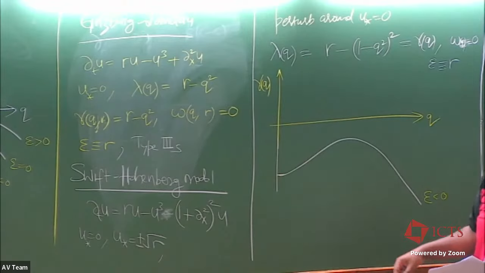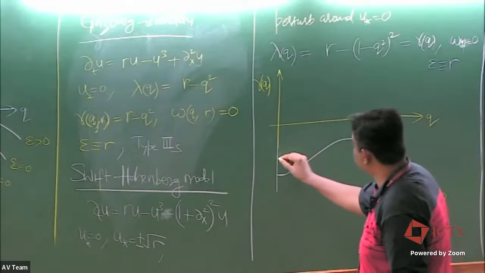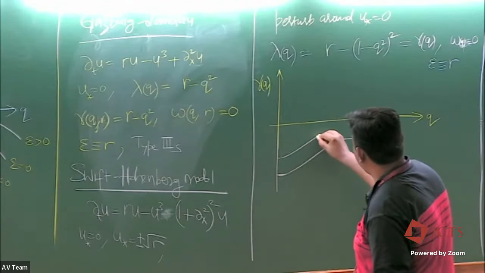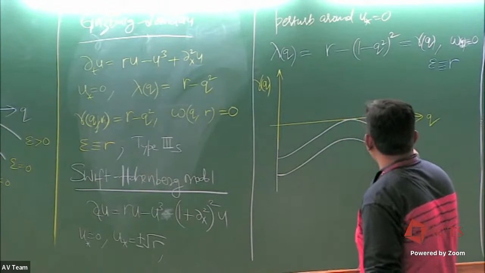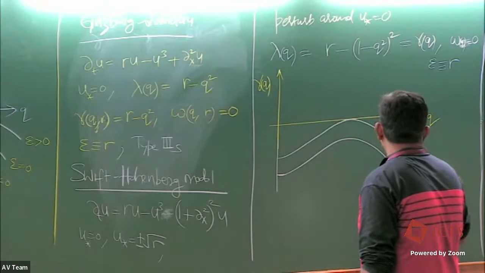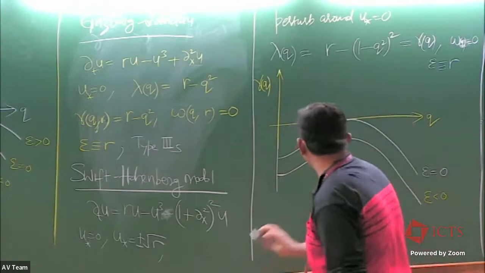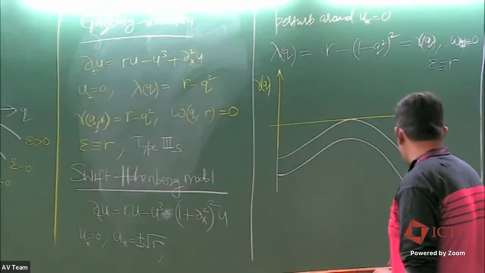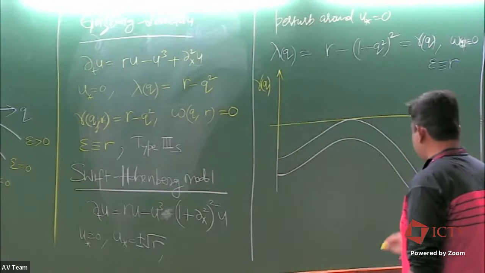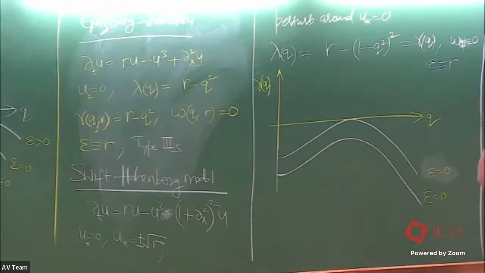It hits the 0 line. So basically you'll get the same thing, but just shifted up. But then there is a certain q at which it just about hits the x-axis. And what about further? If I make r positive,